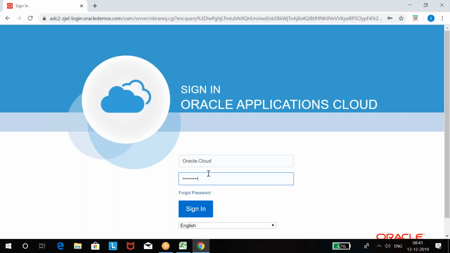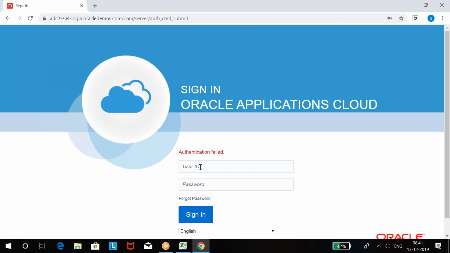So you have to log in with username and password. Even this is logged.